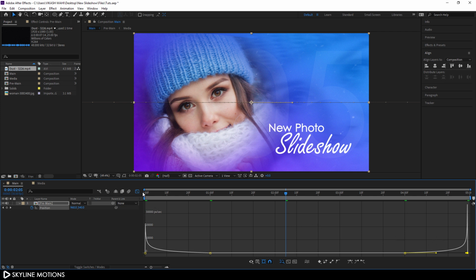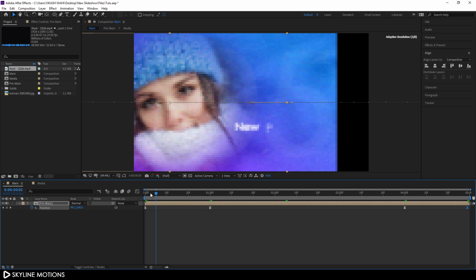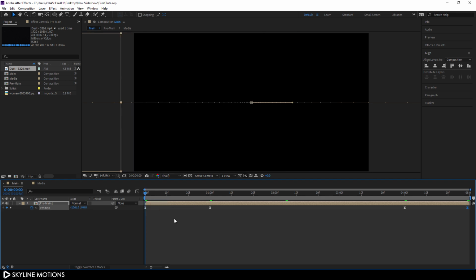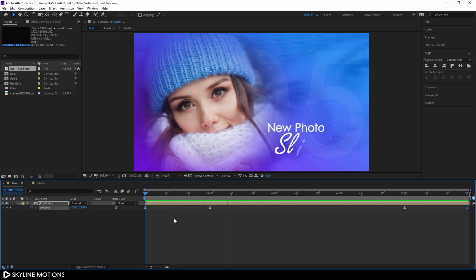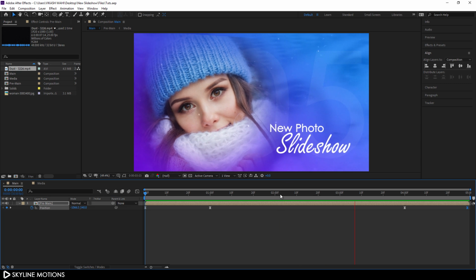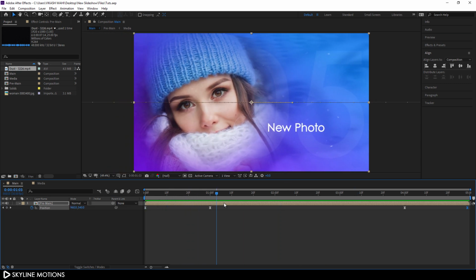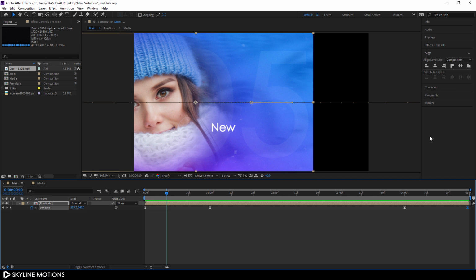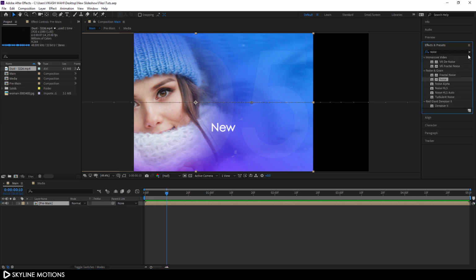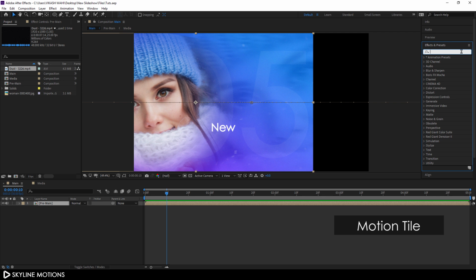All right, and close this graph editor, and let's play this animation. All right, so we get this type of smooth animation. And now I'm going to fill this blank area, so we have to add a motion tile effect on it. So select this layer and go to effects and presets and search for motion tile,